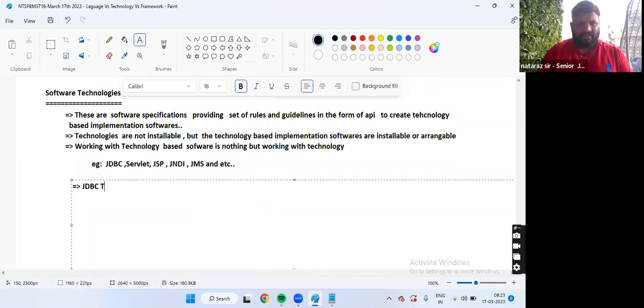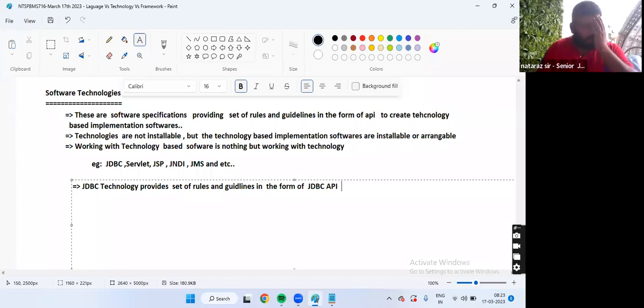JDBC technology provides a set of rules and guidelines in the form of JDBC API to create JDBC driver software.